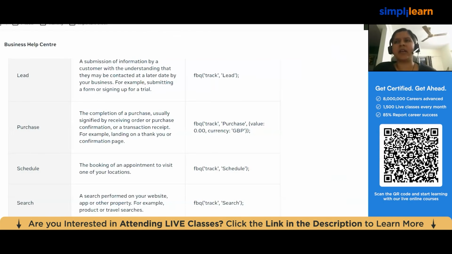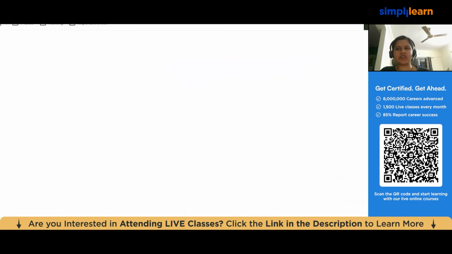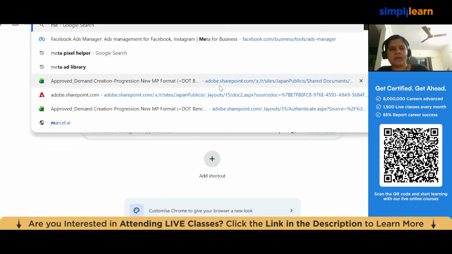I mean, you can't just blindly trust anyone, right? Someone would just tell you, yeah, we have placed the code, you can start running your campaign. This is not how things work. So she'll have to cross check if the codes are placed or not. Now how would Jessica cross check, because she doesn't know anything about the website's backend? Let's say she has no idea about how the website was created. If she doesn't have an idea of website creation, she can't do the cross checking by going to the backend of the coding, right? So in that case, Jessica will have to install this Chrome extension called Meta